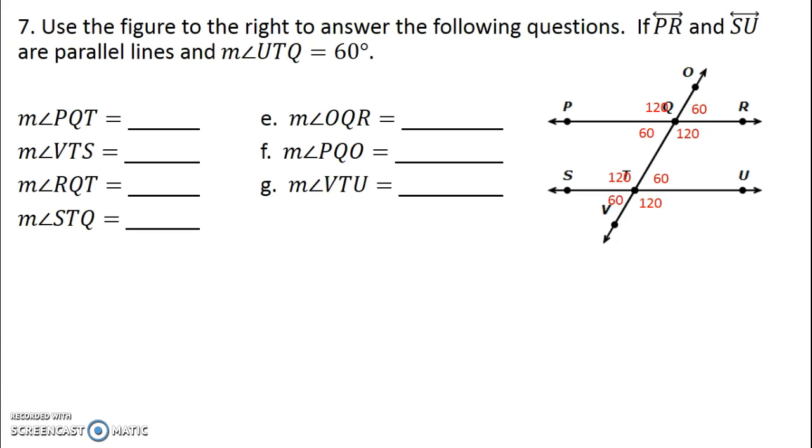Angle PQT has a vertex at point Q. So PQT would be this 60-degree angle. Angle VTS has its vertex at T. VTS would be a 60-degree angle. And I keep going. RQT would be 120. STQ would also be 120. OQR would be that acute angle of 60 degrees. PQO is 120 degrees. And VTU would be another